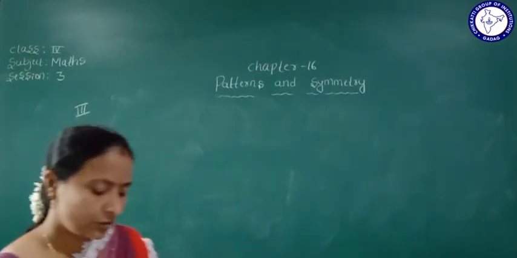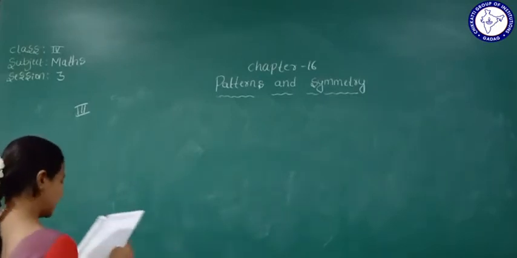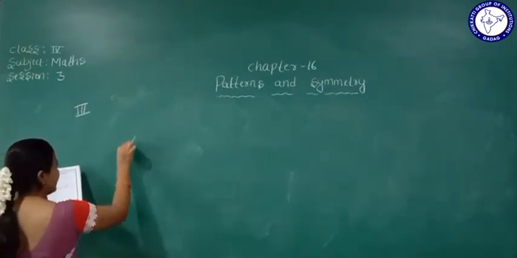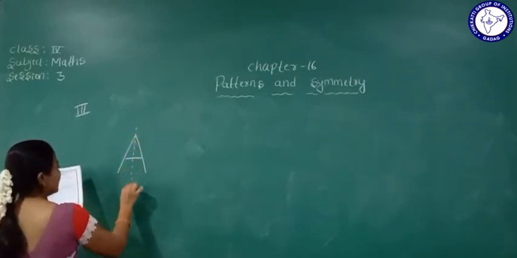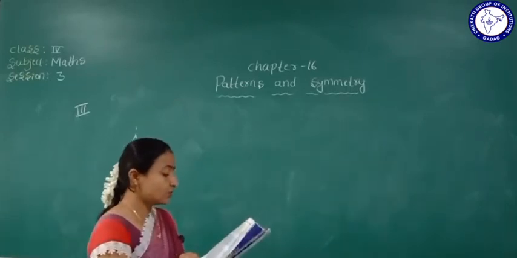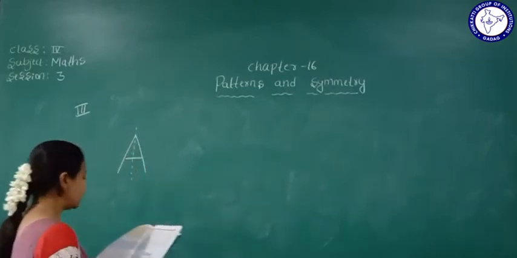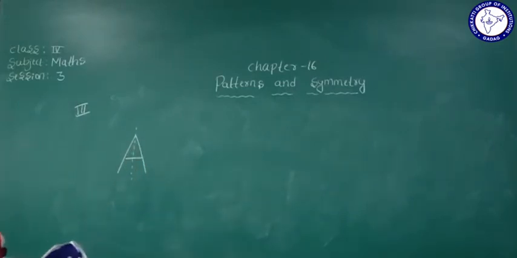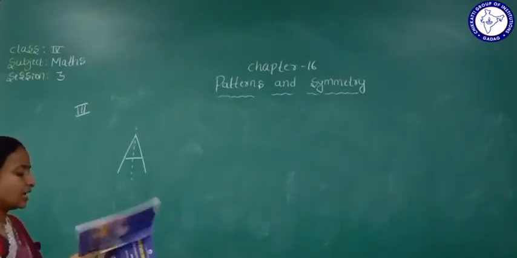Yes, geometrical pattern. So here, among the figures they have only one line of symmetry, for example A. So this is only one line of symmetry. So here we can understand what symmetry is: one line of symmetry and two lines of symmetry. If we fold these figures in two ways, or by drawing dotted lines, we get two symmetrical figures.